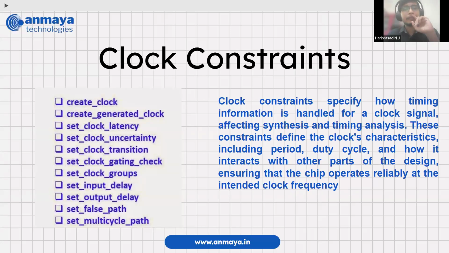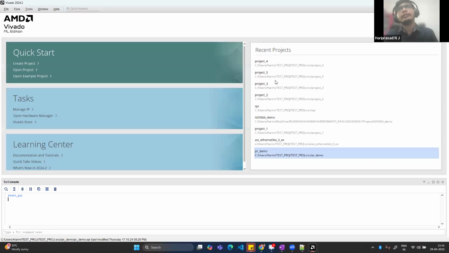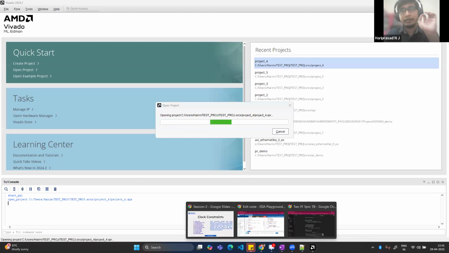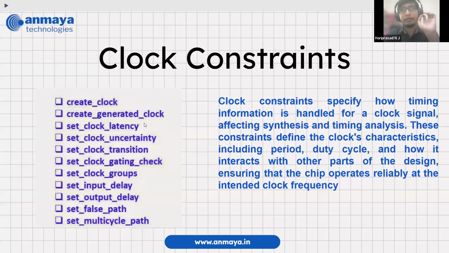Okay. And create clock is something like, as I mentioned, you are saying the external clock, what is the frequency of the external clock? And you have something called generated clock. I mean, if you see the second constraint,